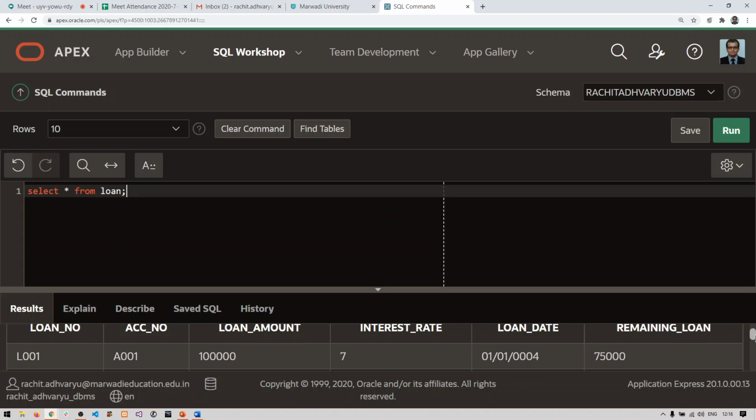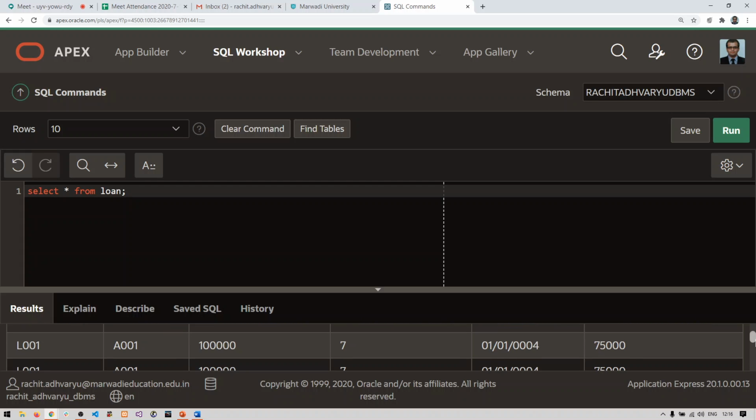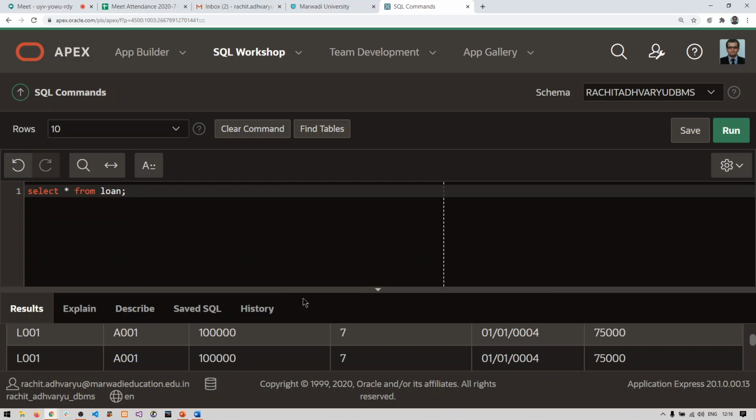The first row is L001, A001, 1 lakh, 7, 110004, 75,000. Let me go to my second row. If you compare the second row with the first row, it is exactly the same as the first one. L001, A001, 1 lakh, 7, 110004, 75,000.